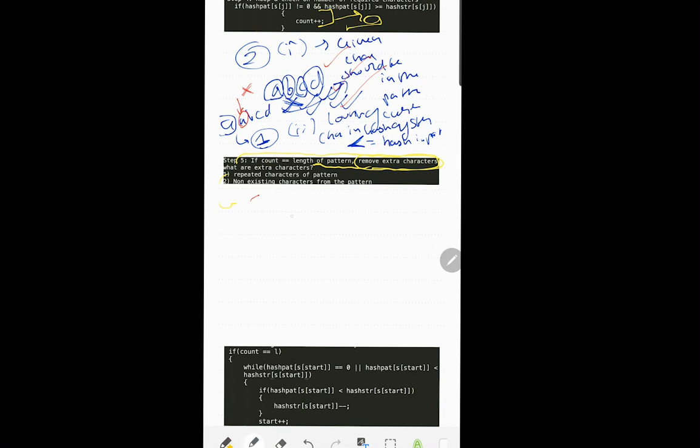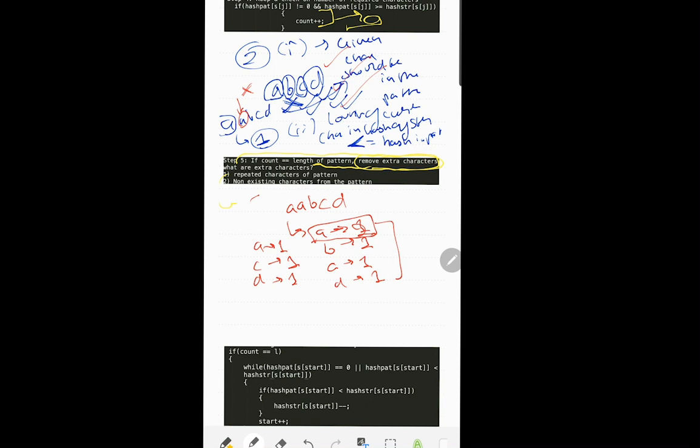Let's take again this example: A, B, C, D. I've hashed this out: A as 1, B as 1, C as 1, D as 1, sorry, A as 2. Okay, these are the hashed out characters. But in my given pattern, I have A as 1, C as 1, D as also 1. So that means one A is hashed out as extra.